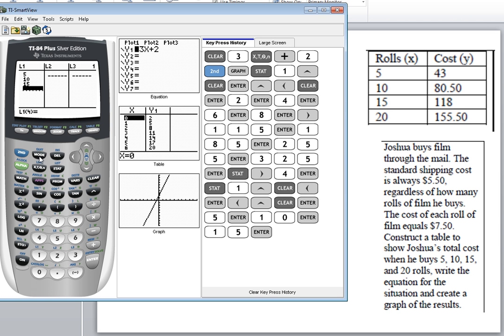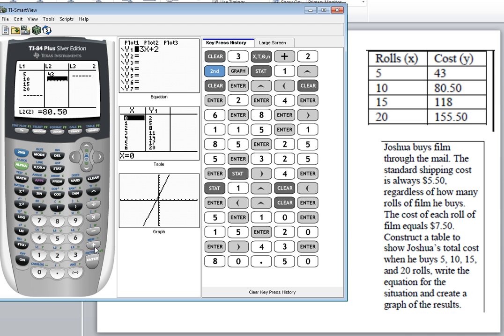So we can enter 20. So we have our input values, and then over here, if 5 costs $43, 10, or 80, 50, this is especially useful when you have rational numbers,